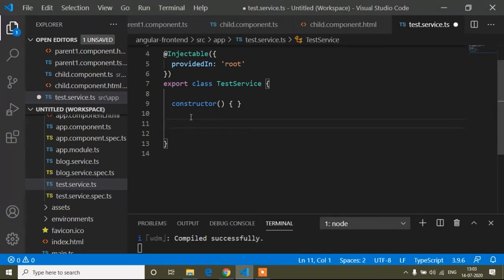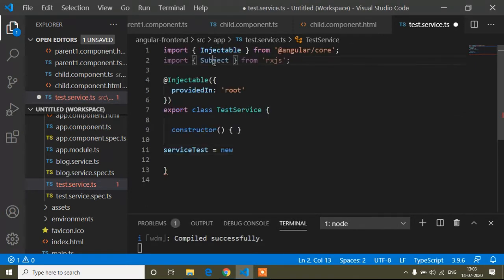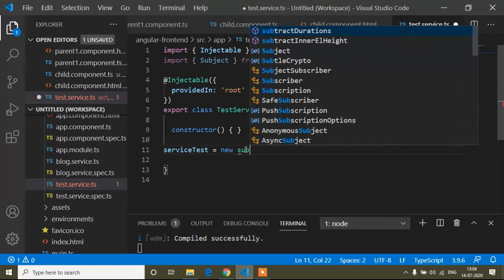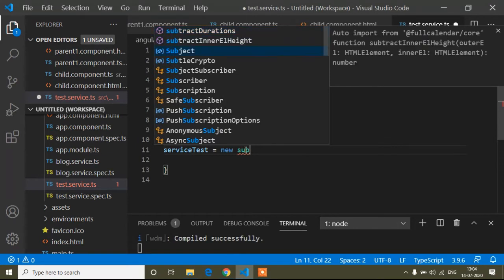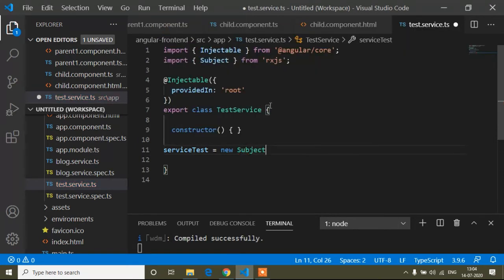You can write any variable name. Here I will write the variable name service test, and service test equals, the syntax is new Subject which I import from RxJS. So you can see S is the capital of Subject.